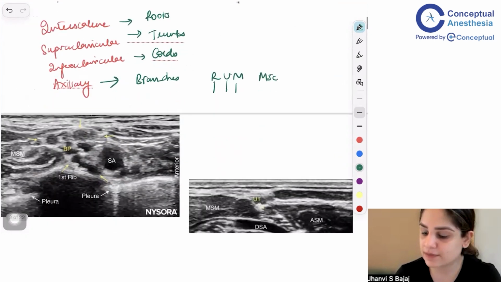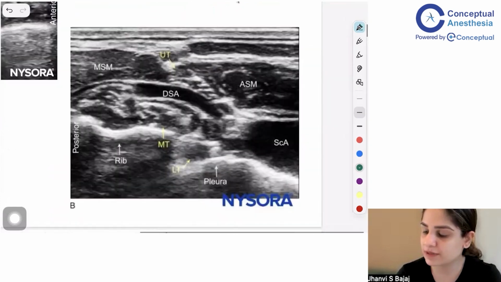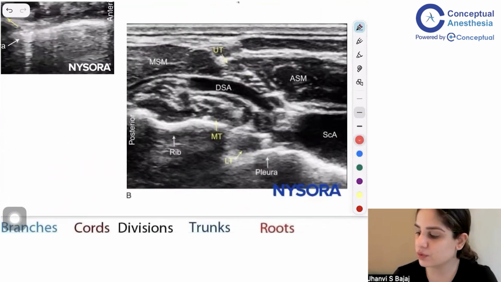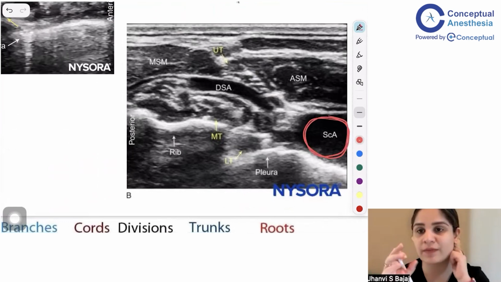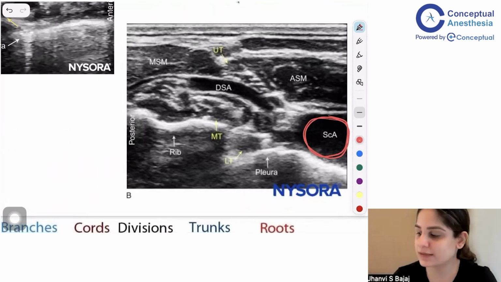So for this, let's have a look at the anatomy of your supraclavicular area and the block. So these are the basic things that you should know. First of all, there is an artery over here, the huge artery which will be throbbing, which you can see, which is dark in color. It is the subclavian artery. Okay. Now the two muscles that you have to pay attention to are your anterior scalene muscle over here and